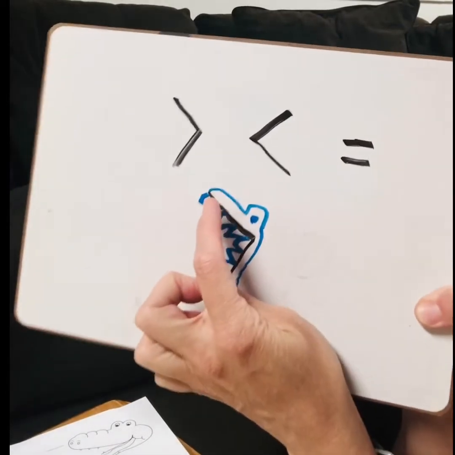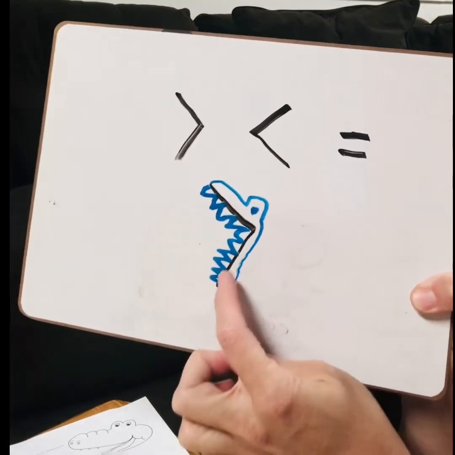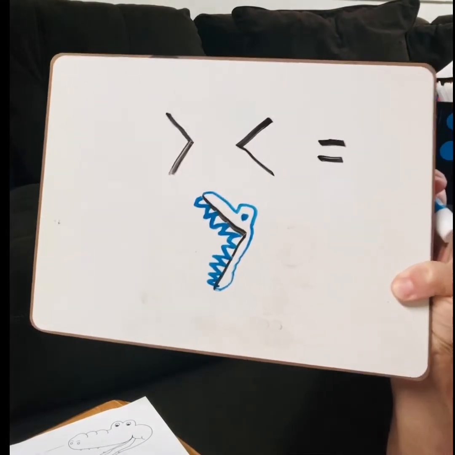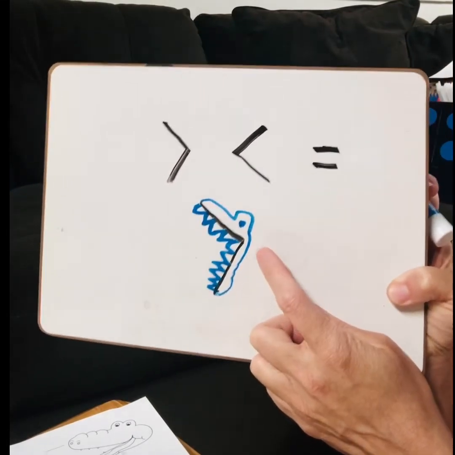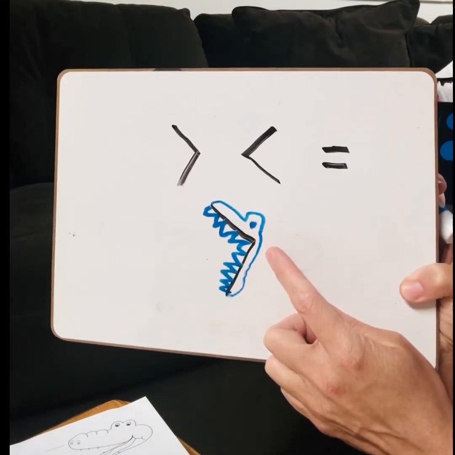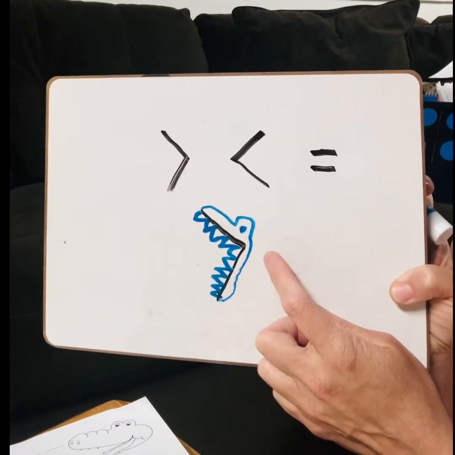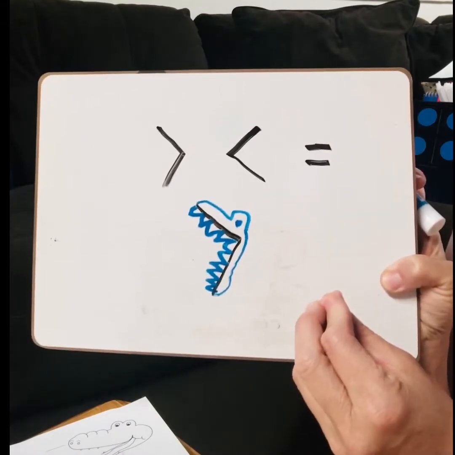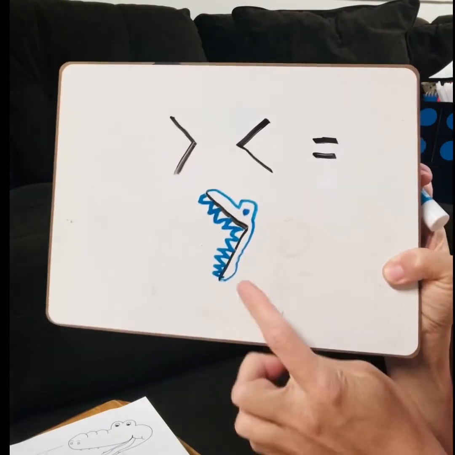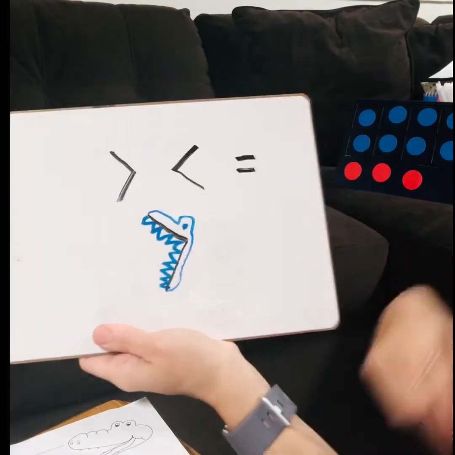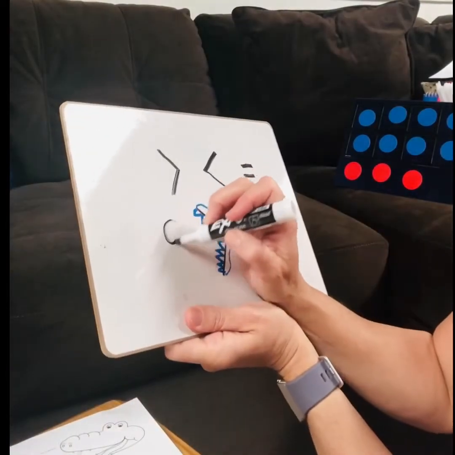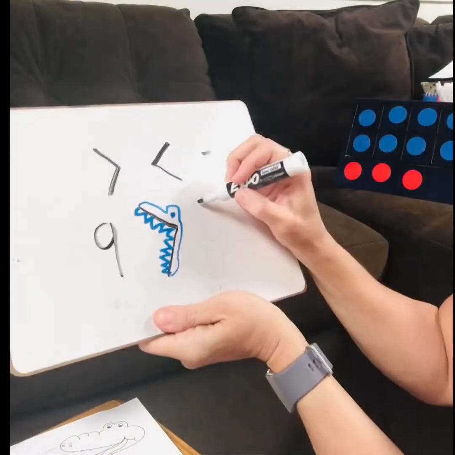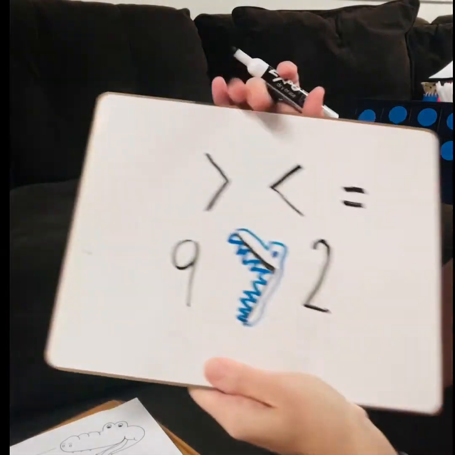You can actually kind of still see this symbol, the black. But now it's an alligator with his mouth open. The alligator is so incredibly hungry. He only wants to eat numbers that are the greater number. Okay? For example, if Mrs. Gatson were to put the number 9 over on this side and the number 2 on this side,